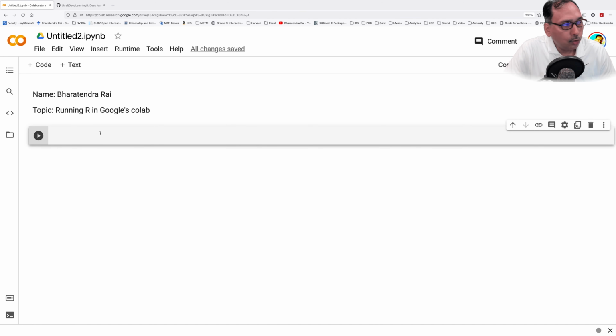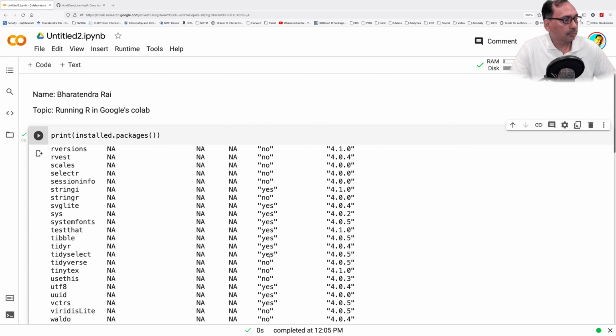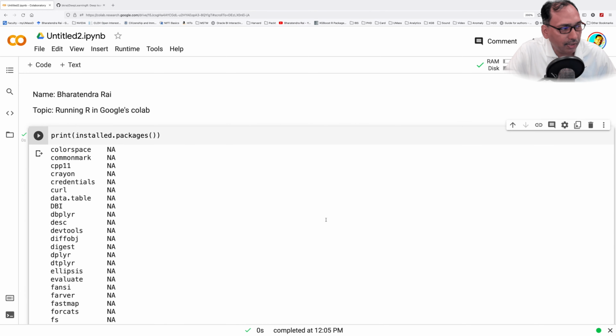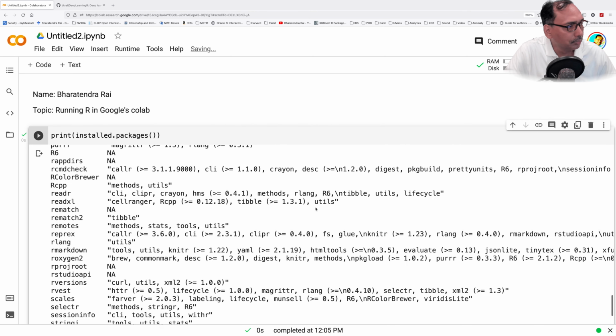Before I run any codes, I'm going to simply check what packages are available in Colab. I can check that using print, installed packages, and hit run. Immediately you can see it will list everything and give you a lot of information about what is available.